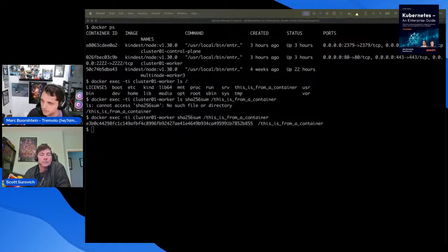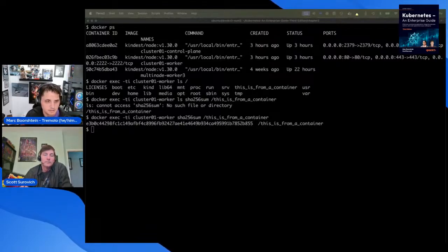Minimize binaries in your container. So this one, I tend to go counter against my fellow security experts here. Minimize does not mean to me eliminate. I am not a fan of distroless. I don't think distroless is as paramount to security as distroless people like to say it is.